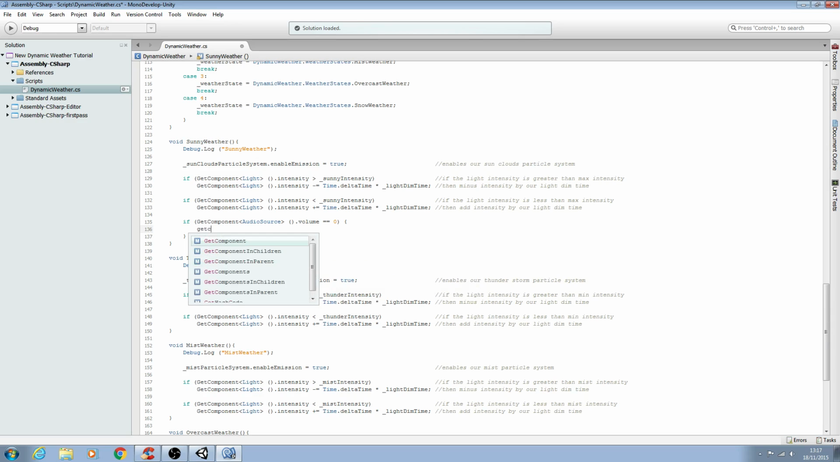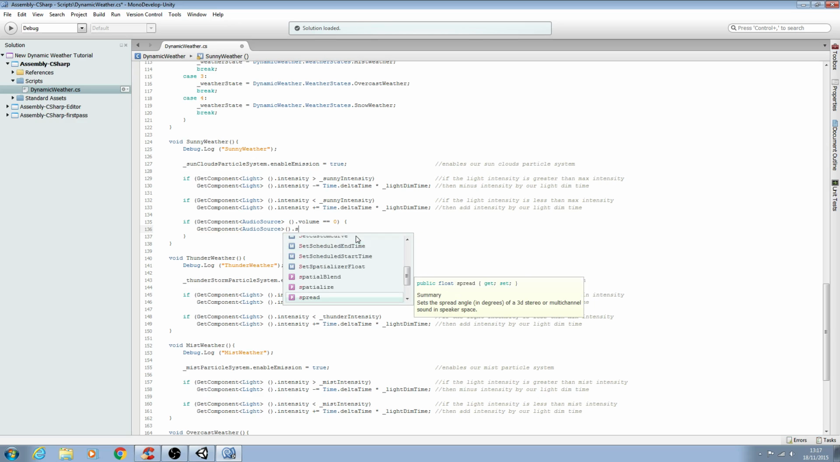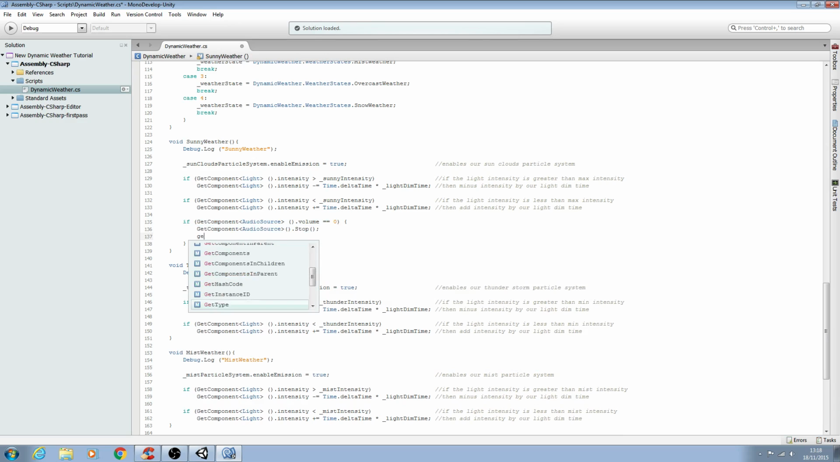And what we want to do is GetComponent. Again, we'll open brackets and it's of type AudioSource. We'll close brackets there, open and close brackets, dot, and we'll stop that audio. We'll open and close, and we'll close the line off. So once the audio clip from the previous weather state reaches 0, we'll stop playing that clip,